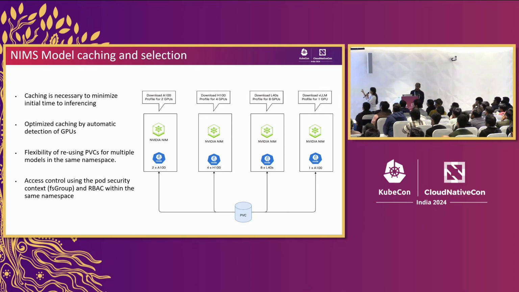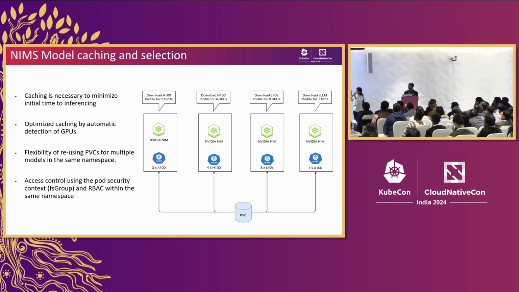So this gives you a picture of what happens when you have a heterogeneous set of nodes in the cluster. When I say heterogeneous, it means I may have a node with 2 GPUs, a node with H100 Hopper GPUs, or Ampere GPUs, or L40s. The NIM, by virtue of detecting the hardware, automatically knows which model to download and what the capability of the underlying hardware is, and everything is automatically handled. The admin doesn't have to worry about it.